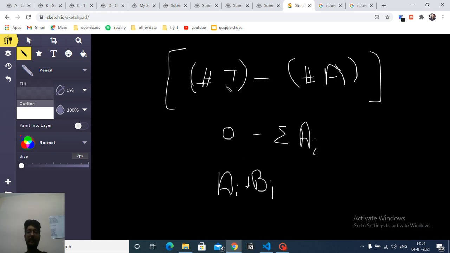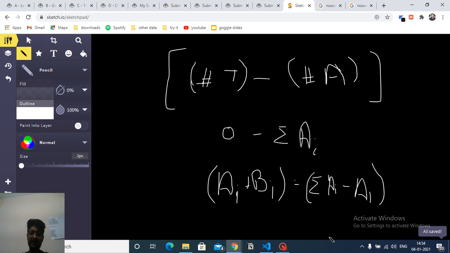The new value for Takahashi will be AI plus BI. If you add AI plus BI, there will be a subtraction of this AI from the summation of AI. Like this is A1 B1. Takahashi's value given at first is A1 plus B1, the total summation minus AI. So if you subtract this value from this value, what will you get? You will get 2 of AI plus BI, or like 2A1 plus B1.